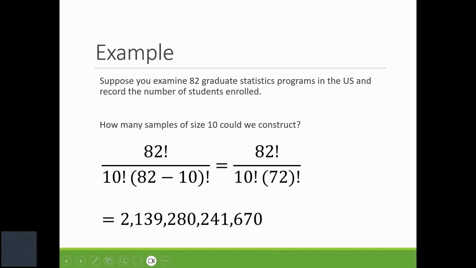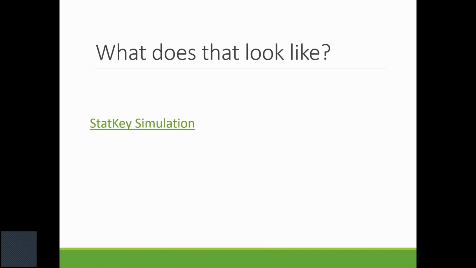And we will learn how to put this into R if you don't have a factorial key on your calculator. Otherwise, you can put it in the calculator, and you can also do some simplification to make these big numbers a little bit more manageable sometimes. But this ultimately comes out to 2,139,280,241,670 samples. That's an awful lot of different options here. What does that look like? Let's go